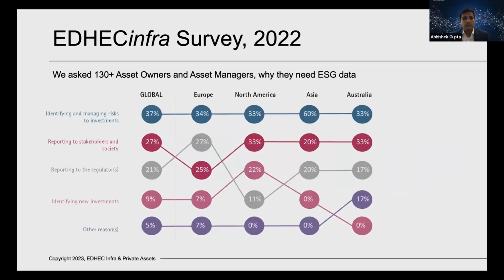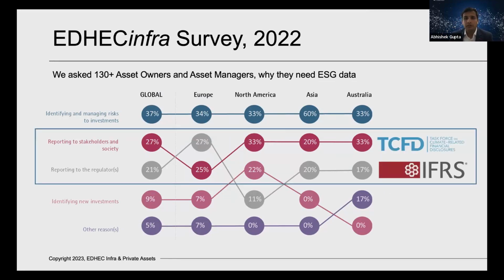This is another way to look at this. So this is the result from the same survey, but we asked the question: why do they need the ESG data? What are the driving factors behind it? So obviously the most important one is to identify and manage risk to investments in all geographies. That was the most important reason. And the second most important was the reporting to stakeholder society or to the regulators. That came out to be the second most important reason. And this is where we talk about the alignment with TCFD, or the IFRS organization. There are essentially these two reasons why the ESG data is important, either to assess and manage the risk or